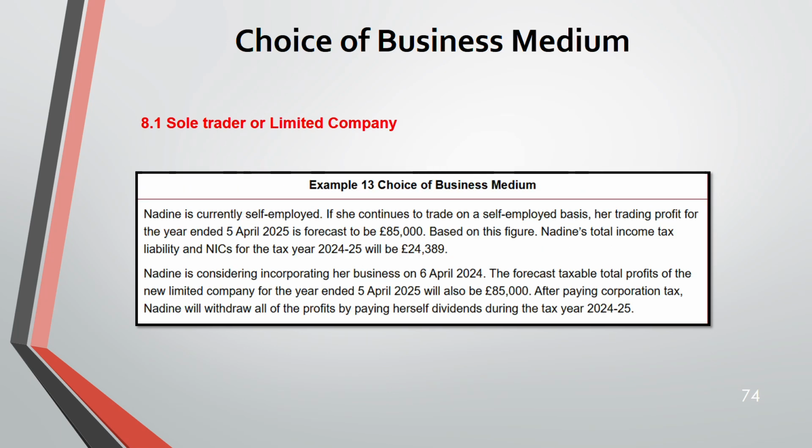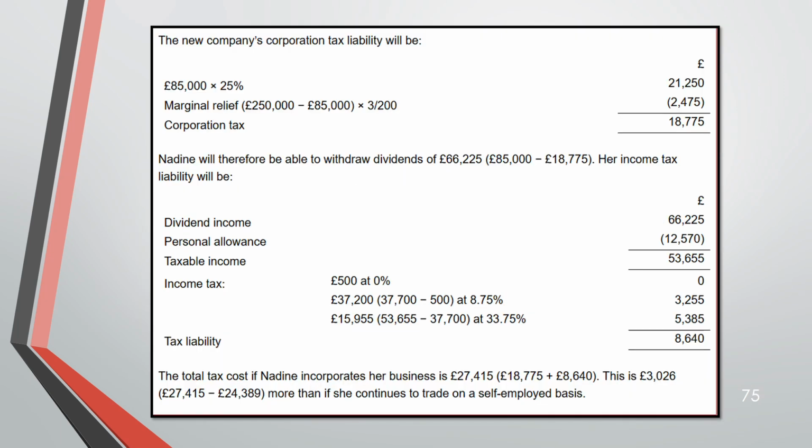Example 13. So here also, first we got the corporation tax, then got the dividend. Once we got the dividend, we calculated tax. So we added both the taxes and deducted the number which is given to us in the question to find the tax saving. That is 3026 if he works as a sole trader. This figure is already given in the question. We have to find a similar figure to compare, for which we needed the total tax of NADA. That's why we calculated corporation tax and income tax.